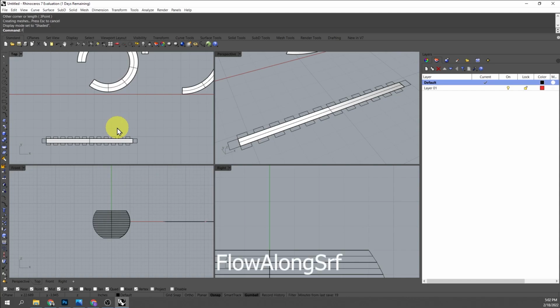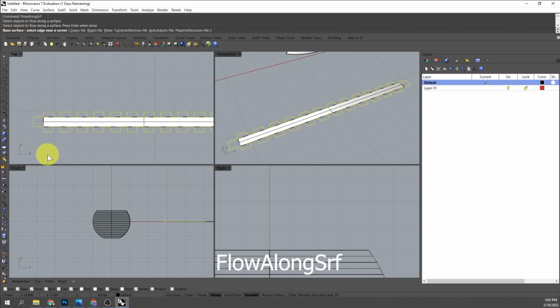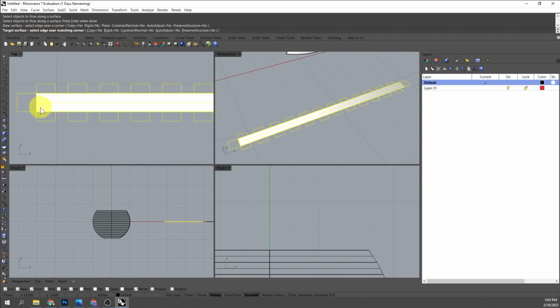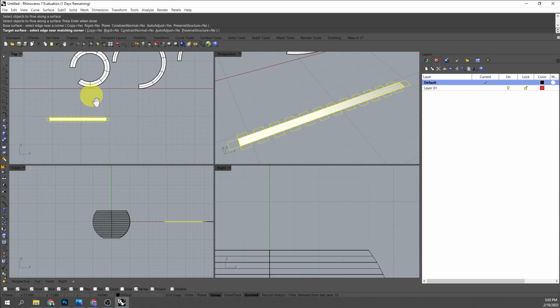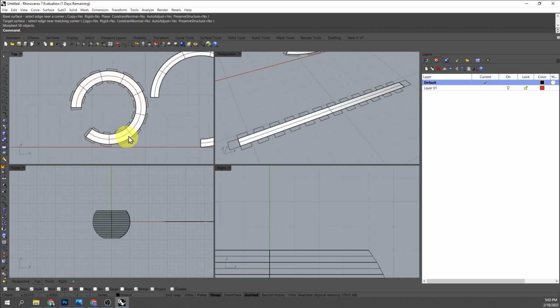Now we're gonna use the command flow along surface. It's asking us to select the objects to flow along a surface. I select those. Enter. It's asking me to select the base surface, which is this guy, and then it's asking me to select the target surface, and make sure you select the edge near the matching corner. If you remember, I selected it somewhere here, so I want to do the same thing. Let's put it somewhere here, and as you can see, I have now,